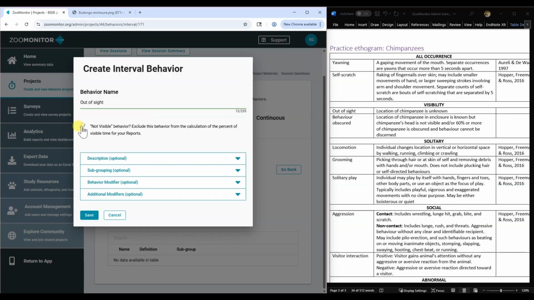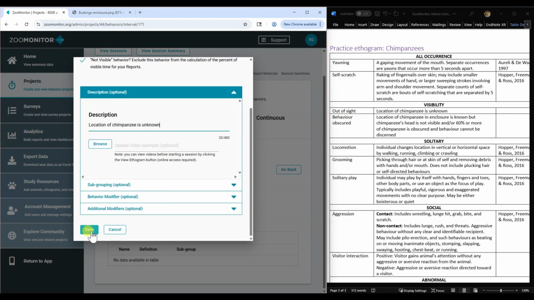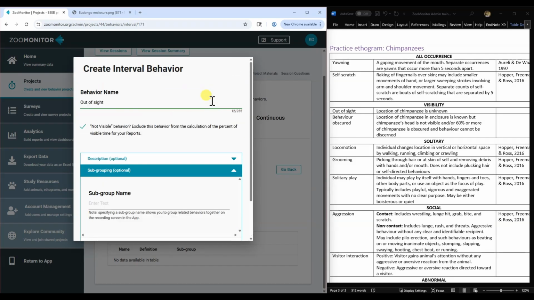We'll select that it is a not visible behavior. And then we'll add in the description. And then this is where we'll start using the subgrouping. So subgrouping